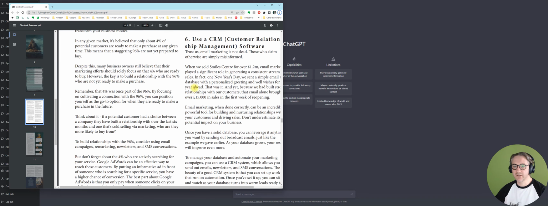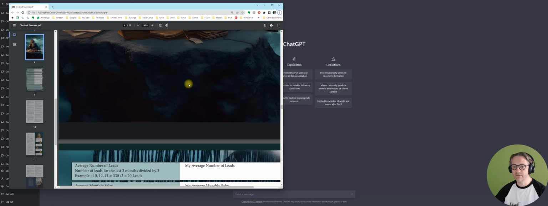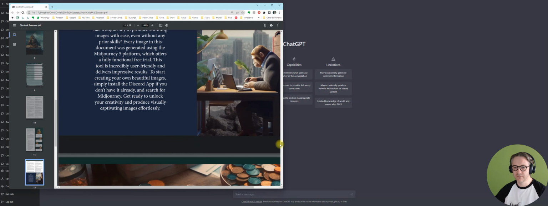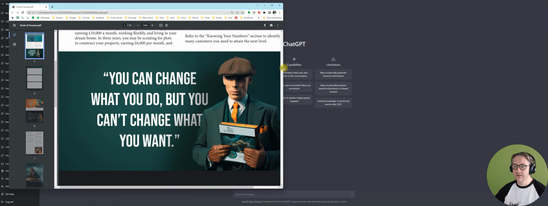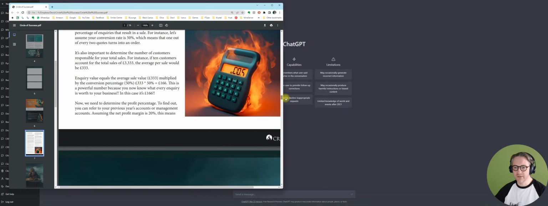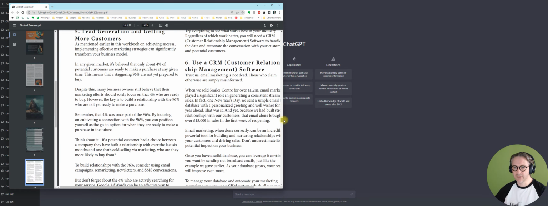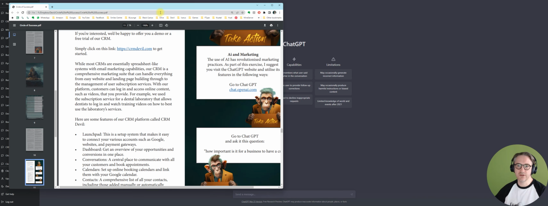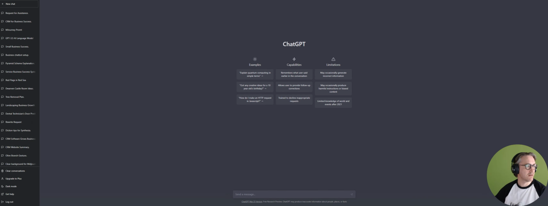This is what it looks like. It's a booklet that we've put together. It's very useful. It's got a ton of great stuff in there for you, but today we're going to look at some of the questions that we ask you to look at when using the OpenAI system.